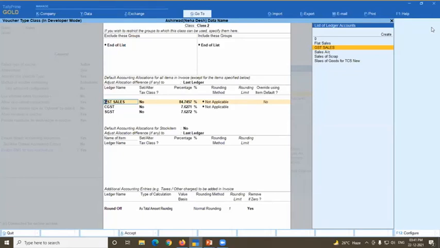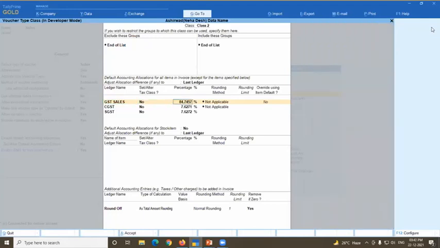And he is going to sell at an inclusive rate. Suppose that cloth has a value of 500. He just sells at 500. He is not going to split it into 400 rupees basic price, 50 rupees CGST and 50 rupees SGST. In that case, you can set this field, which is by default 100%.